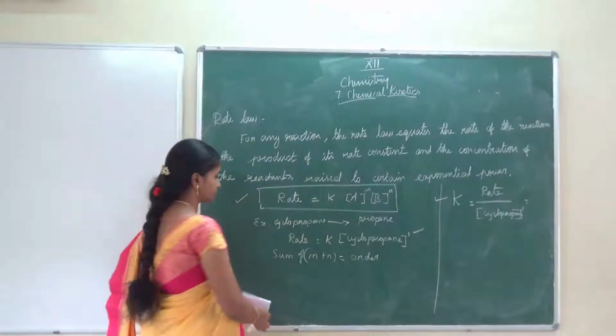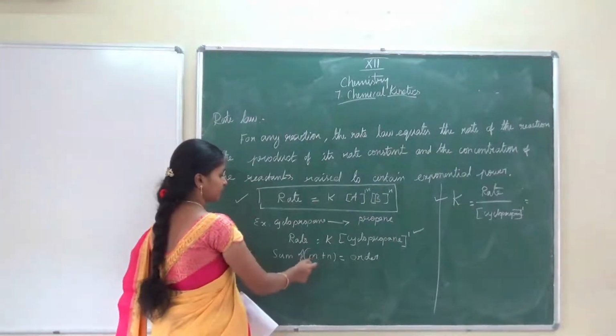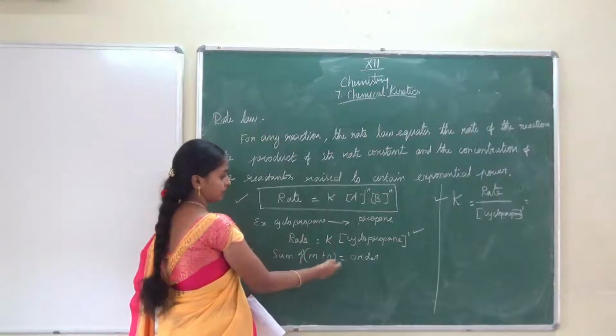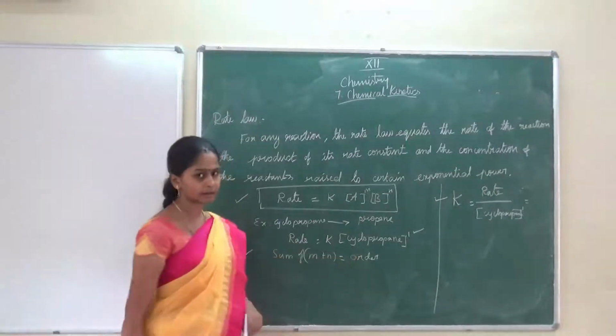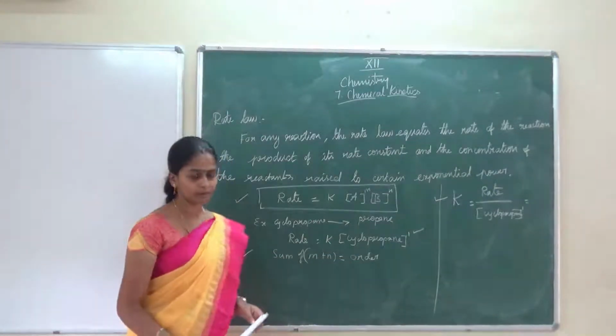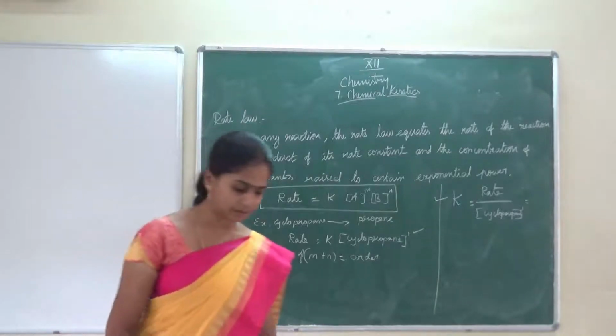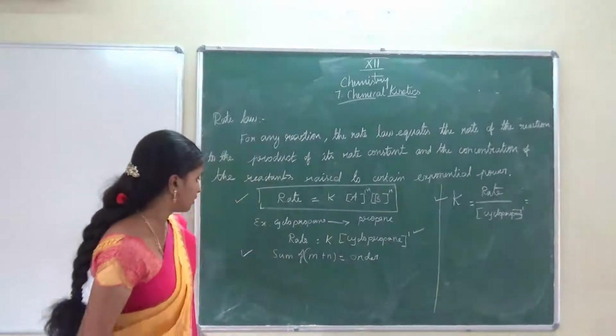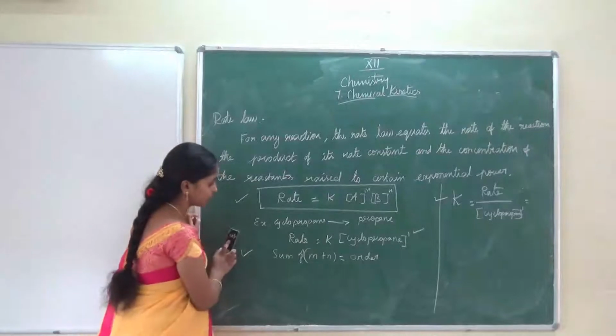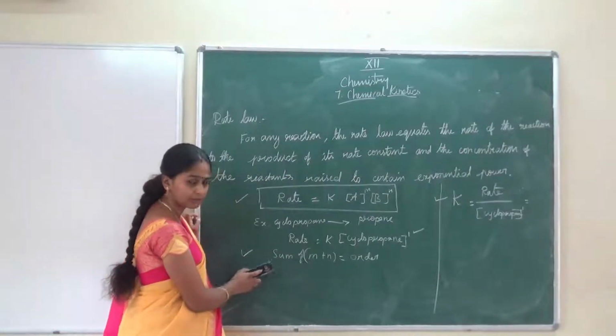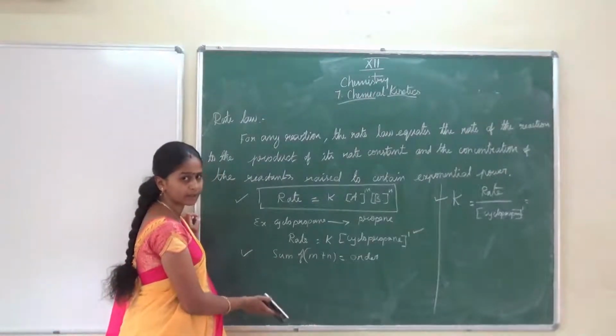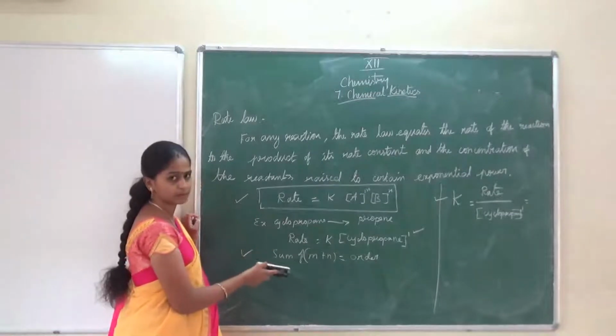Order is 1 more question set. They will give you the m and n value for any reaction, and they will ask you to find the order. Okay, 1 more problem. The next one we are going to do. We are going to solve one problem now: how to find the m and n value and how to find the order of the reaction. Have you copied down?